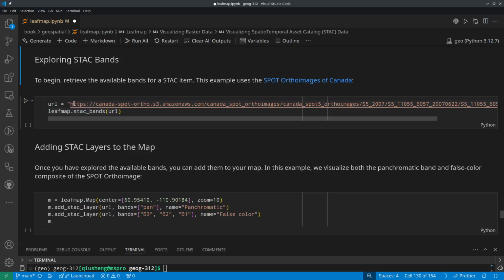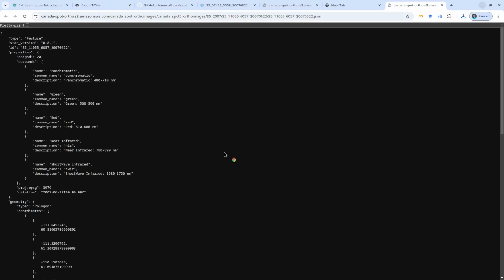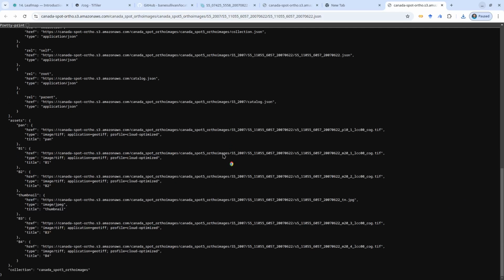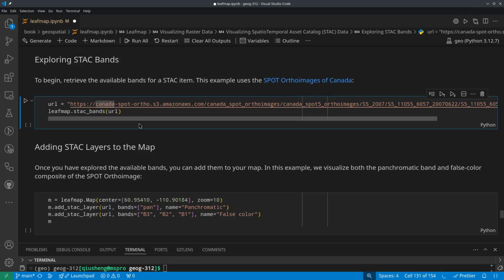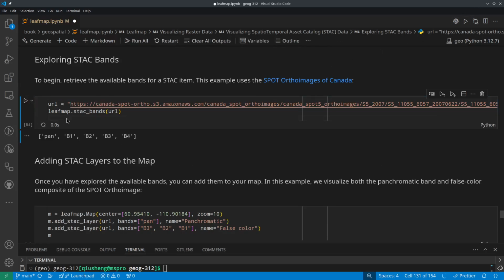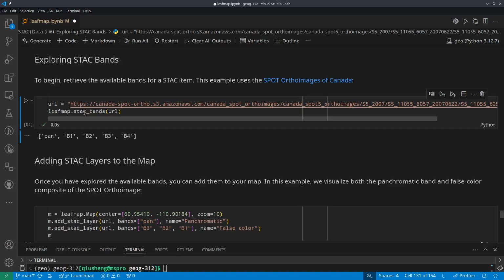And this layer, for example, might have multiple files. So let me see if I can open this one here, just to show you. This one actually has multiple files inside. The COG layer can, basically it's multiple data layers inside. So we don't need to actually deal with it directly, but I can use the leafmap.stac_bands to look